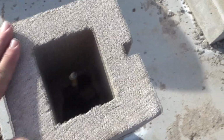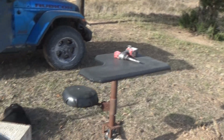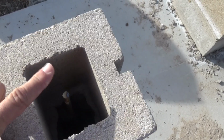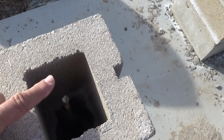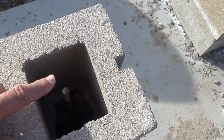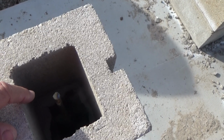So what I'm going to do instead, I'm going to take the hammer drill there, and I'm going to cut a piece of rebar that sticks out of each of these holes 2 or 3 or 4 inches. I'm going to chuck that rebar up in the drill, set it on the hammer function, and let it spin and vibrate. Stick it all the way down until it hits the concrete slab, and that should give me